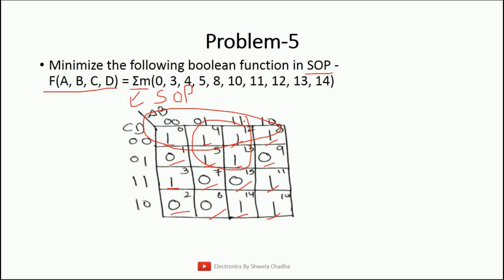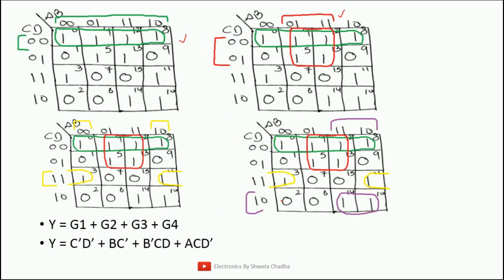Let us consider remaining ones because now we are unable to go for a group of 4. Now the next option that we can have is a group of 2, yes, that is possible. So this is a group of 2, block number 3 and block number 11, and this is again a group of 2. Hence we are able to cover all our ones as per the given function with the help of total number of groups equal to 4. So this is the grouping which I have done over here. Write down the first answer.